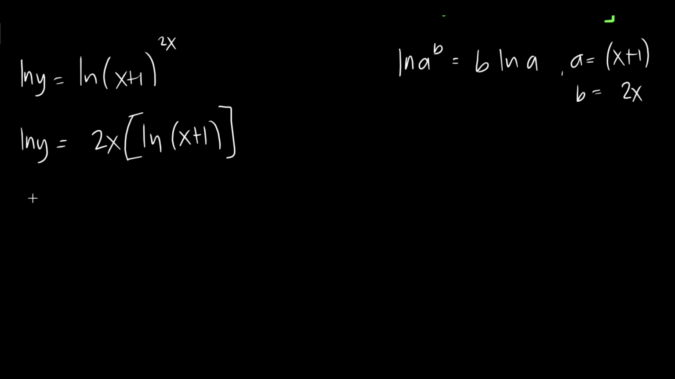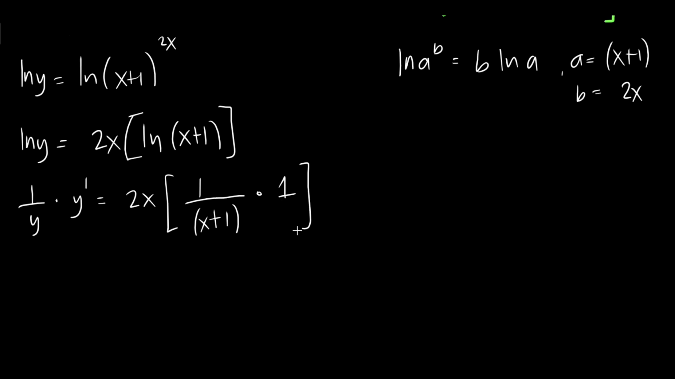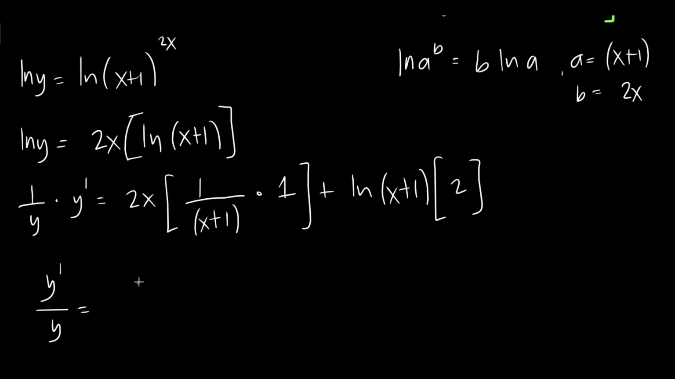So the derivative of ln y is 1 over u, where u is equal to y, so the derivative is y prime over y. On the right, we have the derivative of 2x times ln u. So 1 over u, where u is equal to x + 1, so 1 over x + 1. Then copy ln of x + 1, and the derivative of 2x is equal to 2. So we have y prime over y is equal to 2x over x + 1